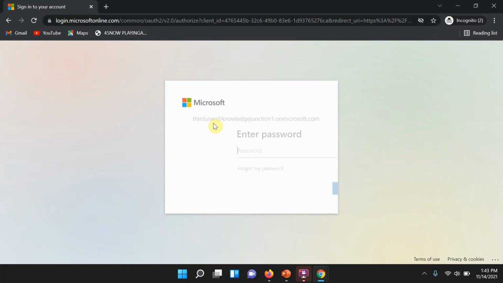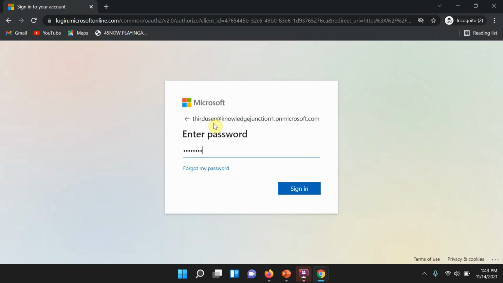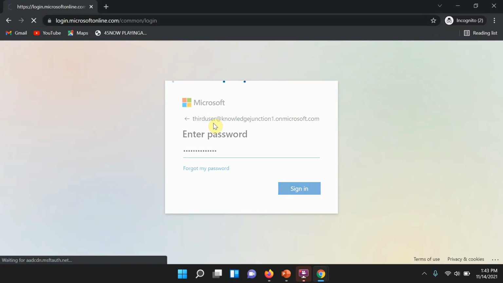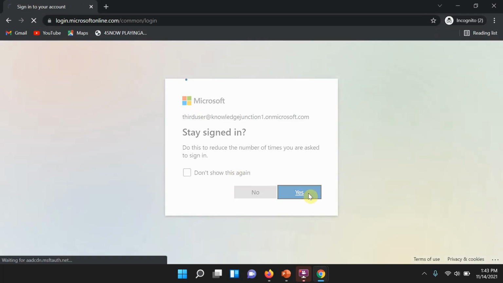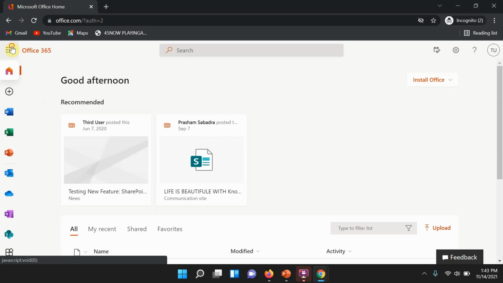I hope I'll be putting in the correct password. Yes, we just need to check Outlook whether the message is received or not, and the planner.